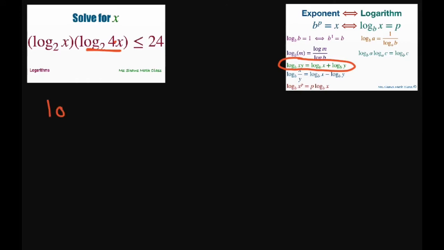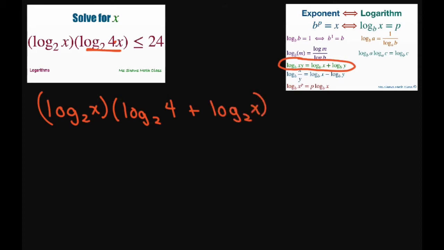So we're going to keep our log base 2 of x, and then multiply it by log base 2 of 4, let's just put 4 for now, plus log base 2 of x, is less than or equal to 24. What we're going to do is let log base 2 of x equal big X. So when I substitute, this is big X,